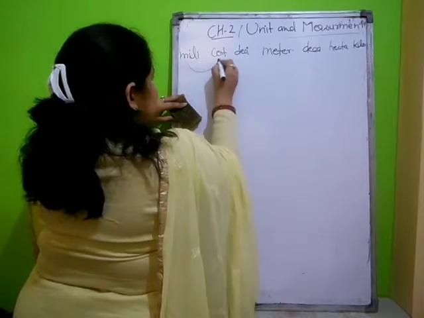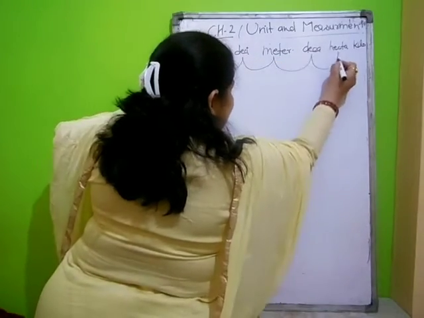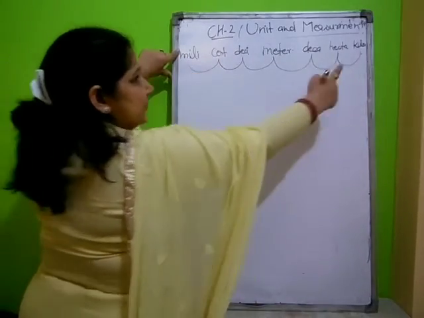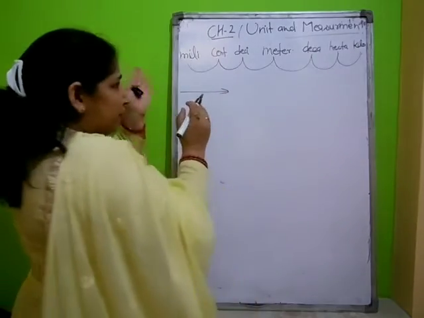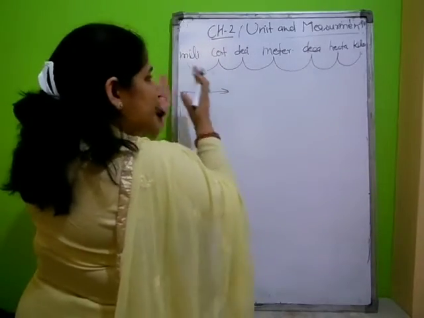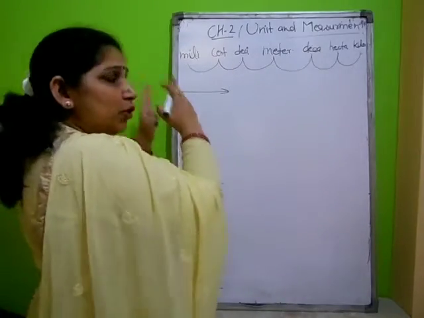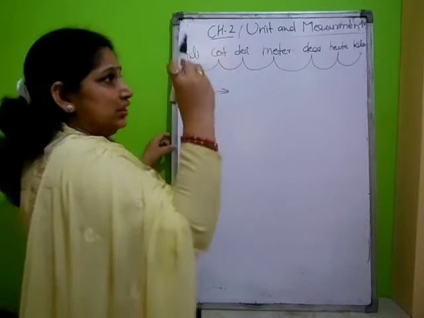Then on moving one step we will increase by a factor of 10, and this is the lowest unit and this is the highest unit. Moving from left side to right side, we are moving from lower unit to higher unit, and when we move from lower unit to higher unit, the numerical value will be decreased,